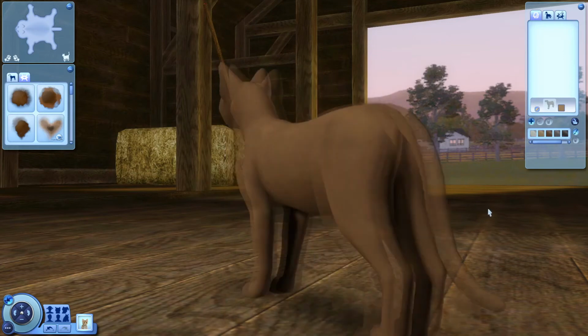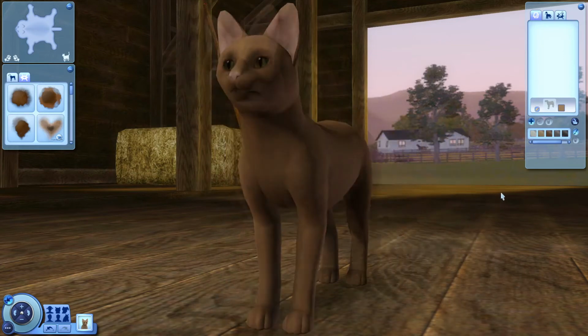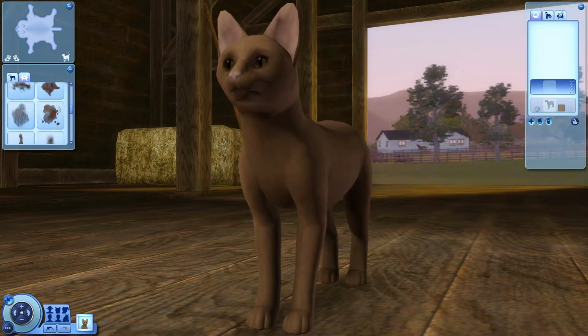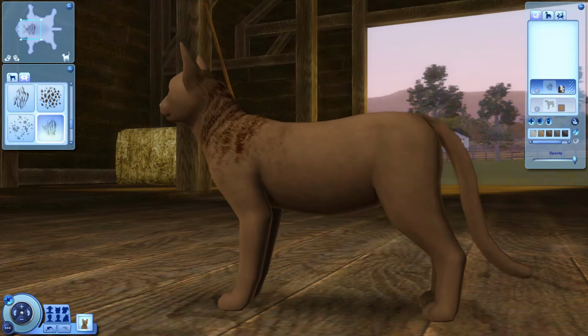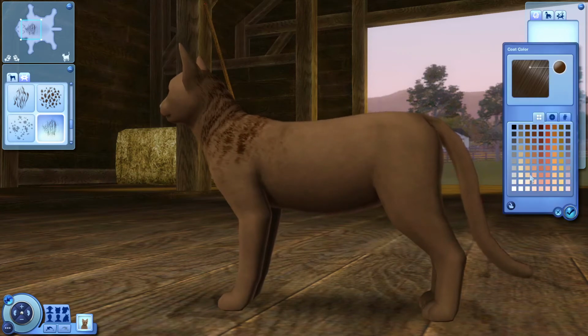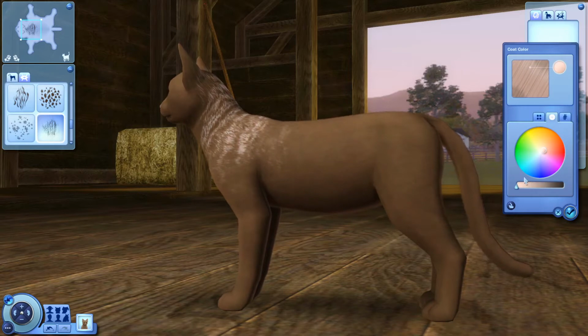Kind of like this shade of brown, though. I kind of want this cat to have lighter colored splashes, like lighter browns and maybe whites. But actually, before that, on top of this, I want to use this to kind of do, well, not necessarily white, but...